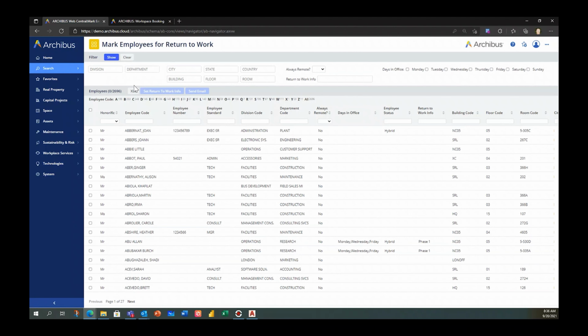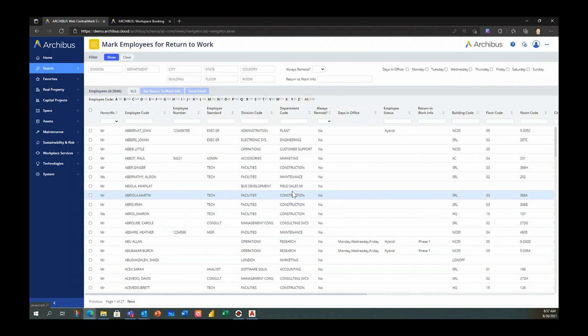All right, so up on screen, we've got an entire listing of the various employees that work for our fictitious demo organization. Now, this information can come from a variety of different sources. That could be Active Directory or your human capital management, your HR systems, etc. Or it could be a manual upload. What this allows us to do, though, is to filter through our entire list of employees to whatever grouping of employees that you've identified to come back into the office on a schedule of your organization's choosing.